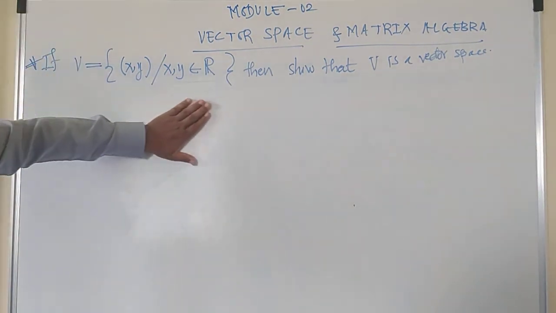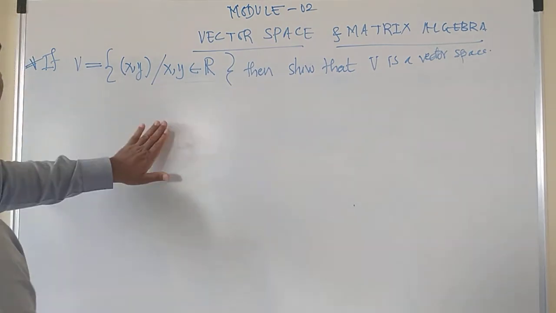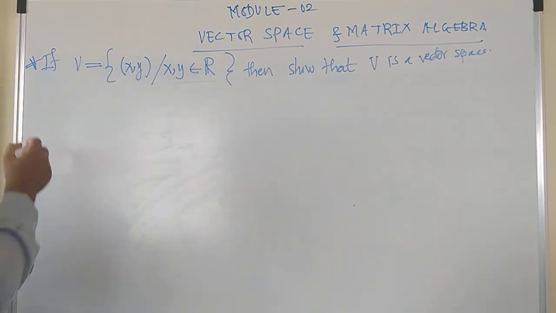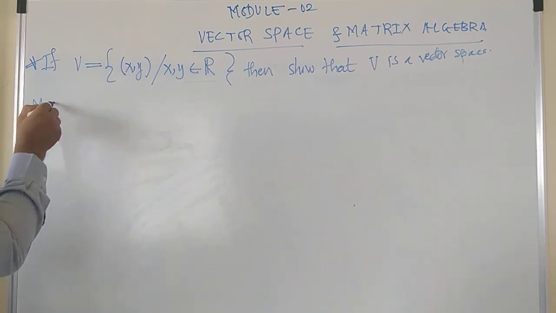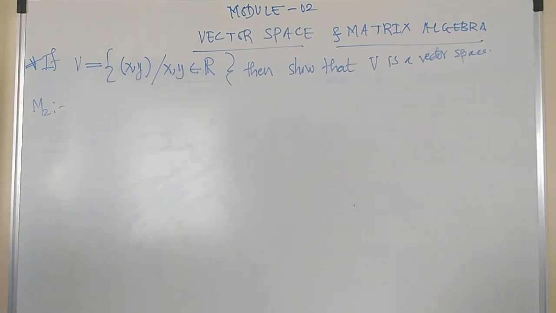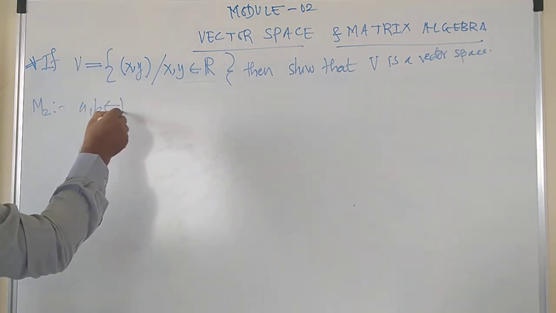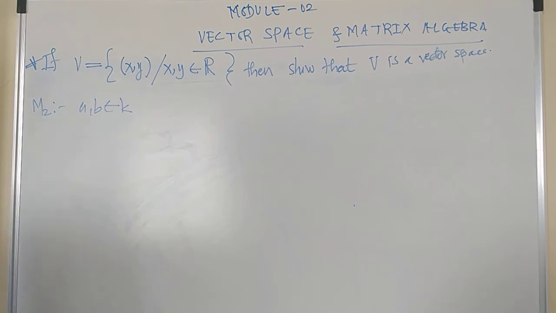All the 4 addition axioms and the first multiplication axiom are checked, and we have observed that those are followed. So let's check for m2. And what is the m2 axiom? The m2 axiom is for any scalars a and b belonging to a field K, and u is a vector